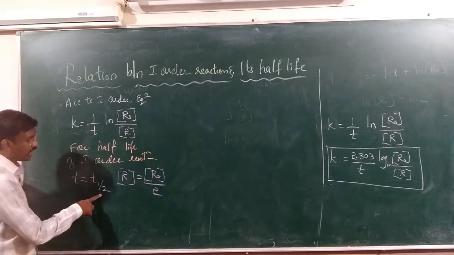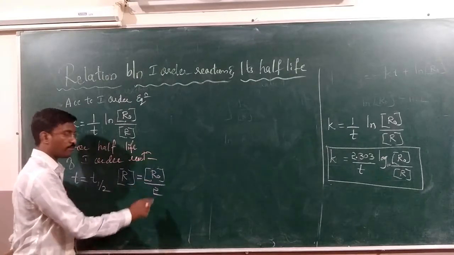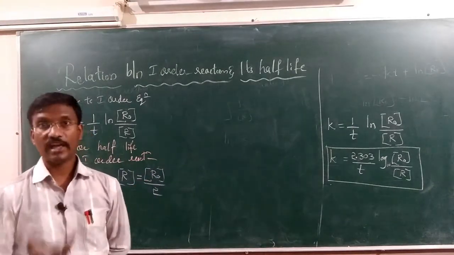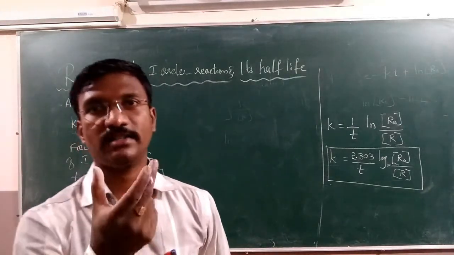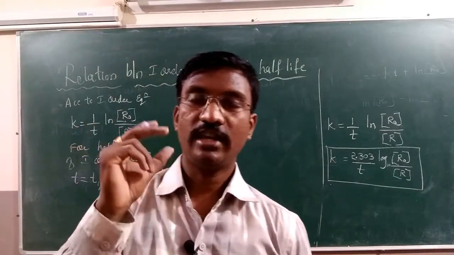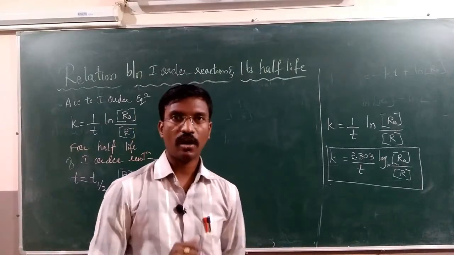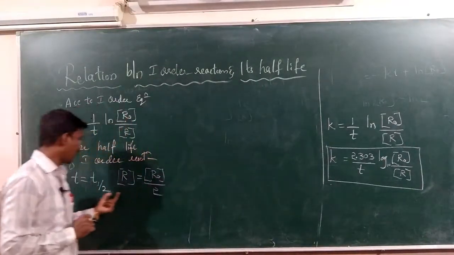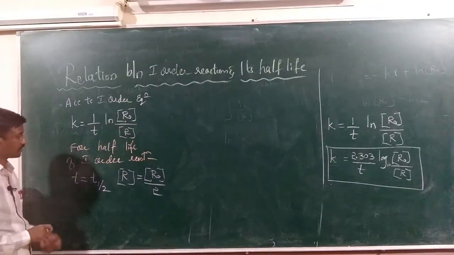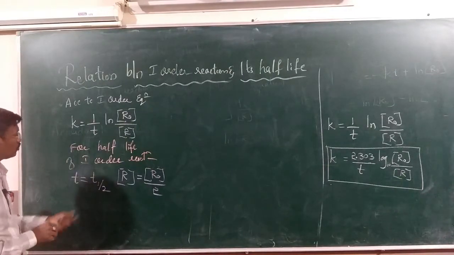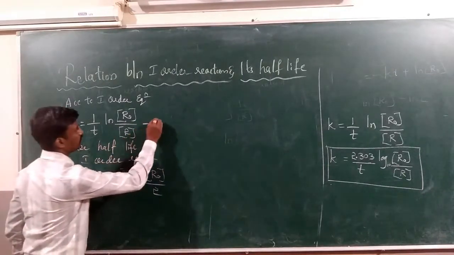When t is equal to t half, then R becomes R naught upon 2. Half-life of the reaction is nothing but the time duration at which the initial concentration of the reactant reduces exactly to half of its concentration, and that time is called the half-life. So by substituting these two in equation number 1,